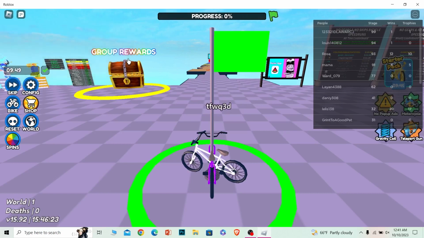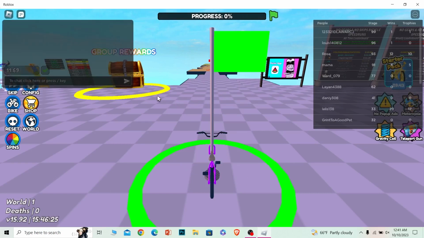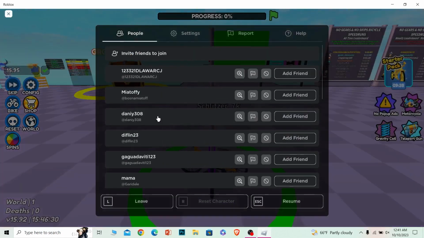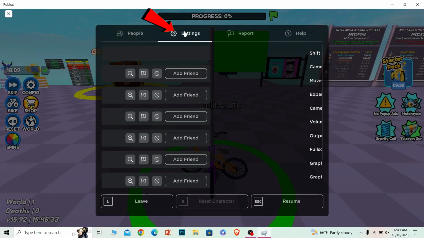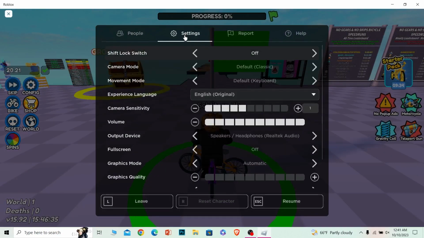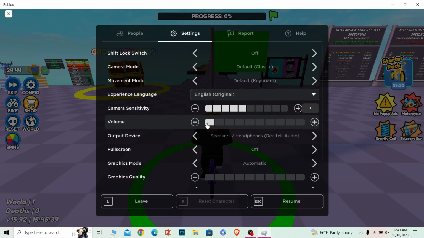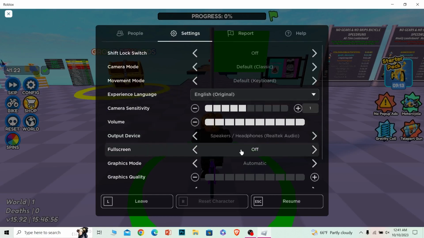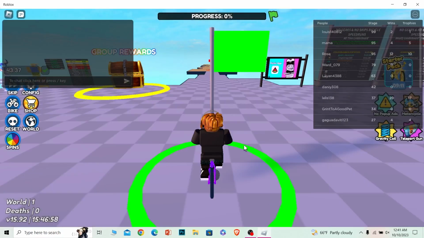the audio option. Now when you're playing Roblox, what you need to do is press the escape key at the top, and then it's going to open this menu. From over here, click on where it says settings. Once you click on settings, over here it's going to show you the volume option. Make sure it's on, because sometimes the volume option is like this, which means it's completely muted. Make sure your audio is at a comfortable level, and your problem should be fixed. Once you do that, you can just click on where it says resume and start playing your game again along